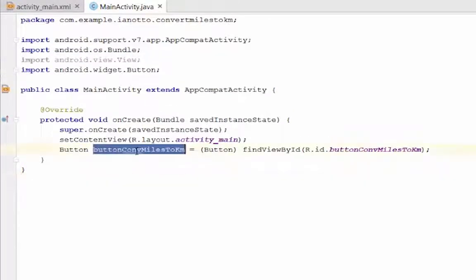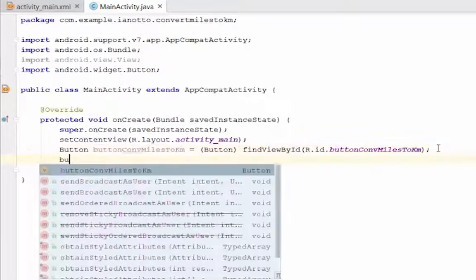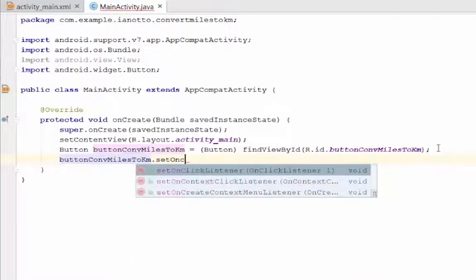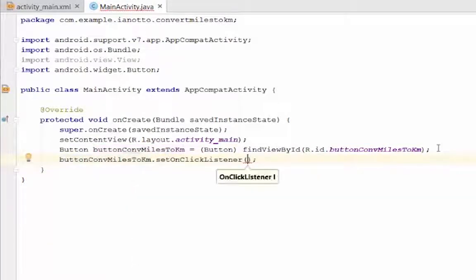If the button is to respond to a click event, it must register the onClick event listener and implement the corresponding onClick callback method. To do that, we call the method setOnClickListener, which is defined in the button class. This method takes one parameter. The parameter is an onClickListener object,